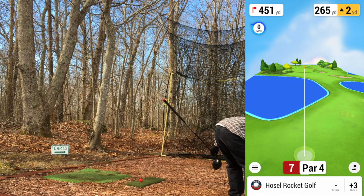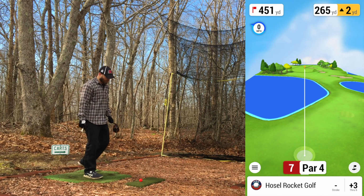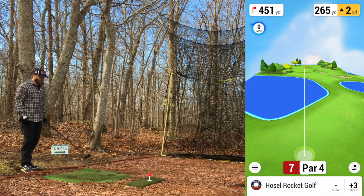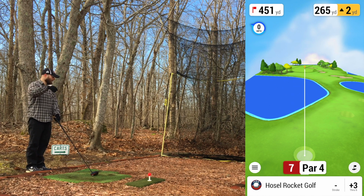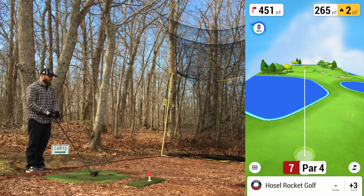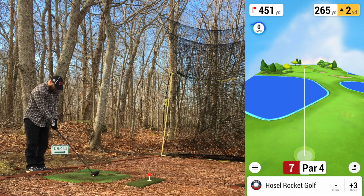Again, in my opinion, it's much tougher to increase speed than it is to increase consistency. So for the time being, if I can increase speed just a little bit and then work on consistency after that and keep kind of progressing that way, I think that's the better way to go than dialing back speed, working on consistency, and then eventually you're still going to have to get to a point where if you want to increase speed and distance, you're going to have to kind of break things down to build them back up again. So